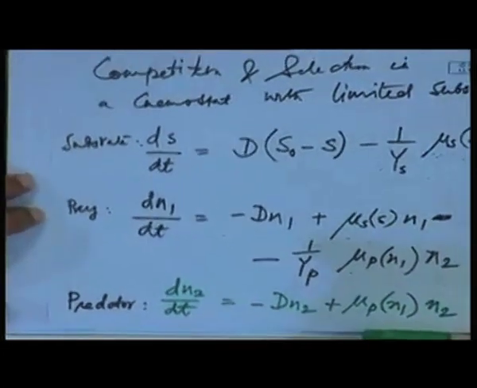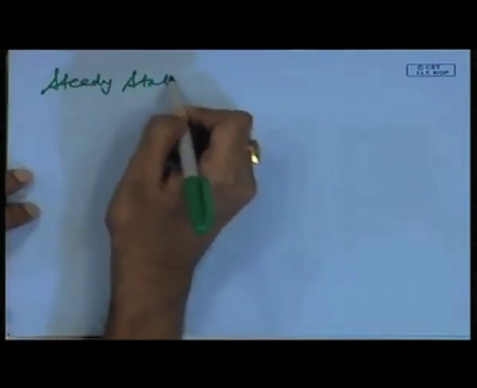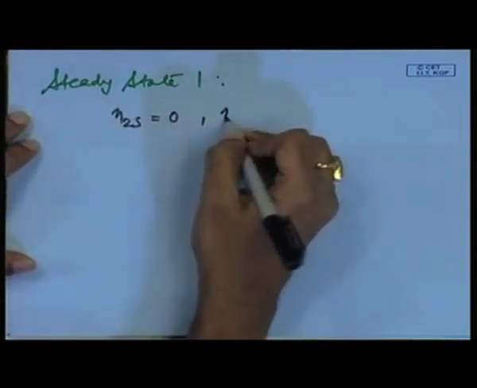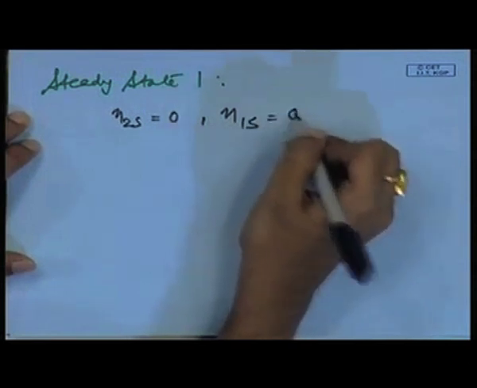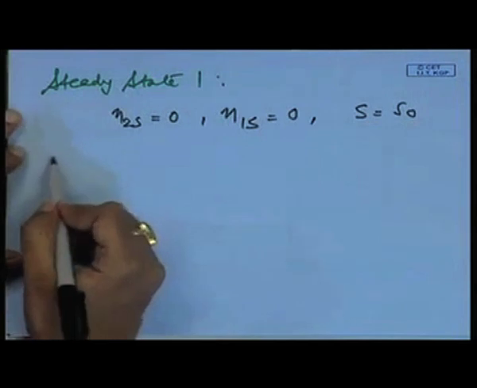Now, what we need to compute in the next few minutes is the steady state. So, there are 3 steady states for the system. Steady state 1 is N2s equals 0, N1s equals 0 and S equals S naught. If you go and solve it, the solution is not very difficult. Steady state 2